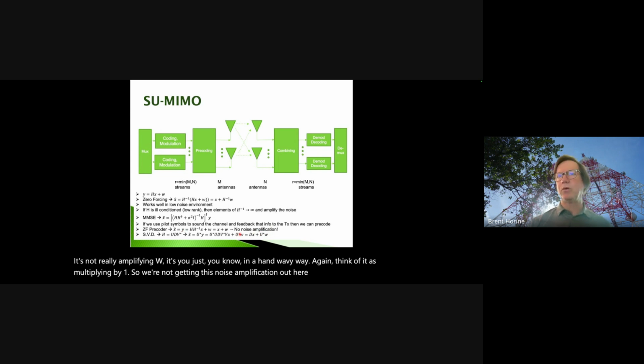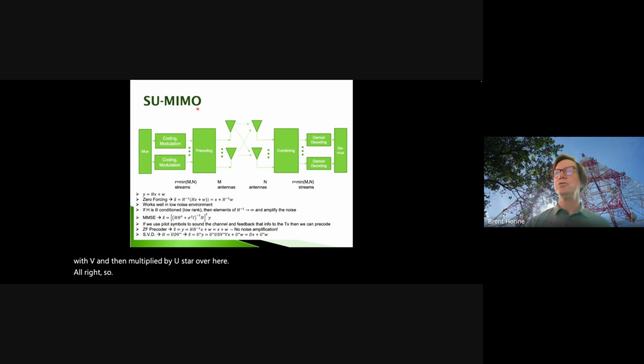So it looks a little bit more complex. You just need to do this calculation, measure H, do this algorithm where we do this decomposition into these 3 different matrices and send that data back here so we can pre-code with V and then multiply by U star over here. All right, so this is single user MIMO, where we're